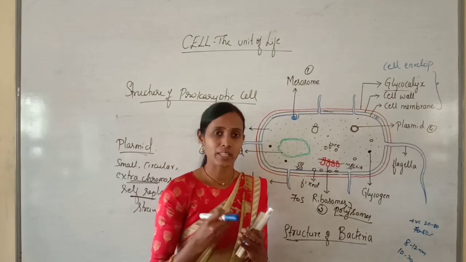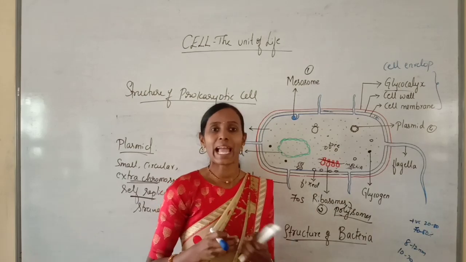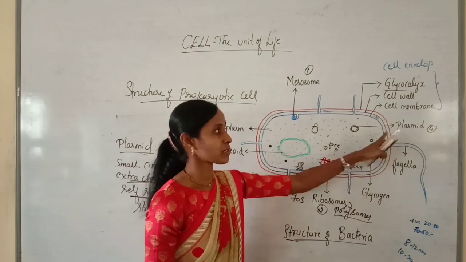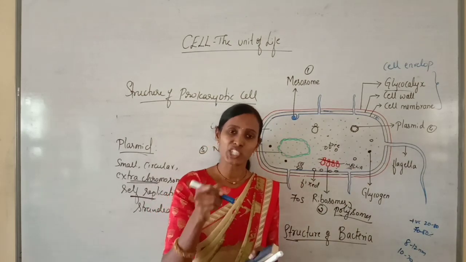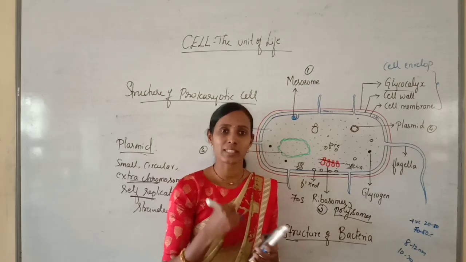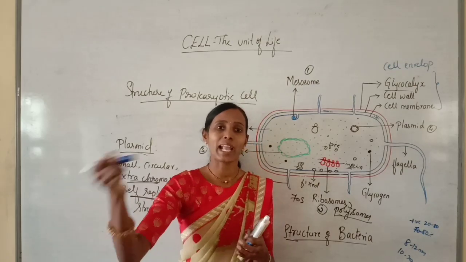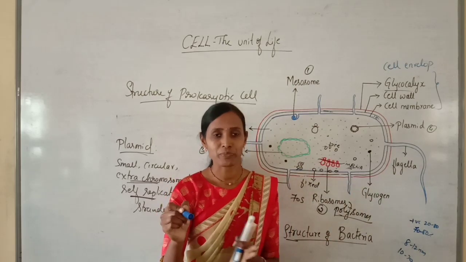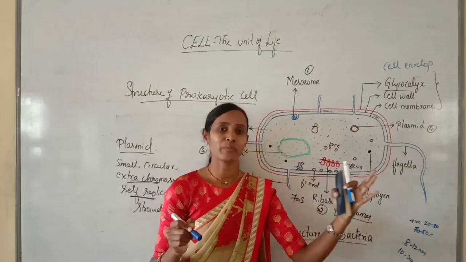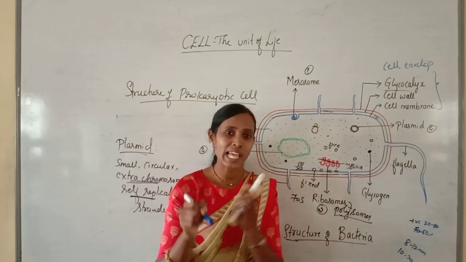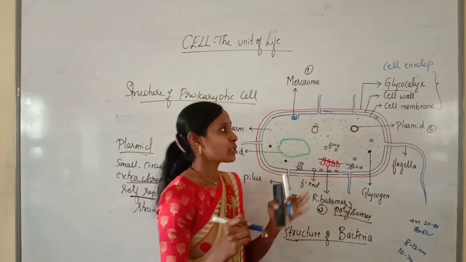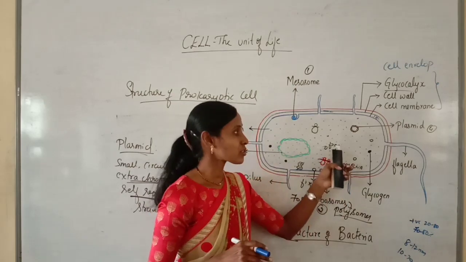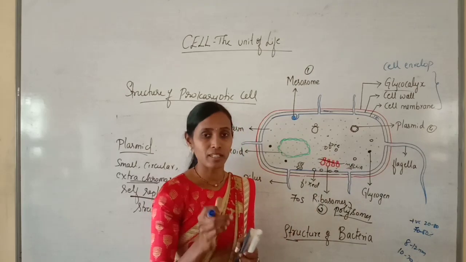If that is a bacterial infection or bacterial disease, when we take antibiotics, it cannot immediately cure that disease because of the presence of plasmid. Or if initially it cures, again the same disease occurs. When you take the same antibiotic, that plasmid is able to recognize that antibiotic. It will remember, already you have taken this antibiotic, so I know this antibiotic. Due to that remembrance, the plasmid will provide resistance to antibiotic drugs.